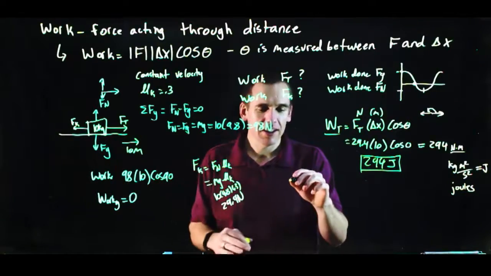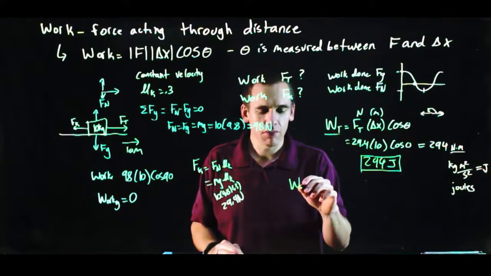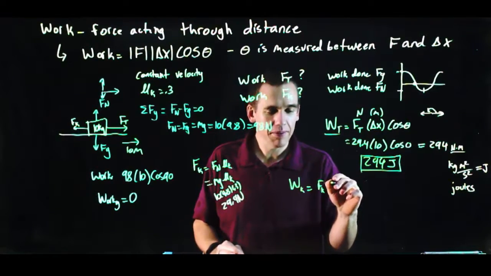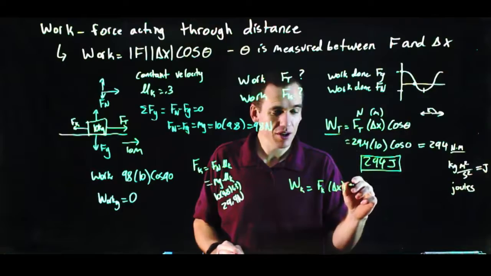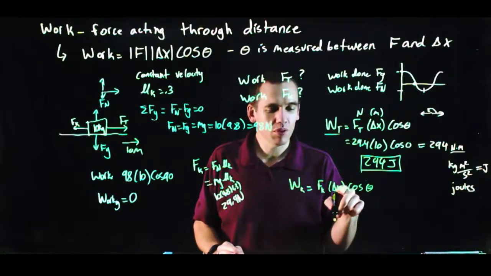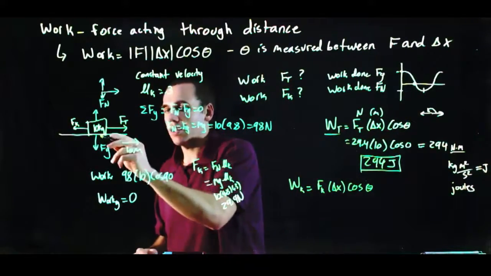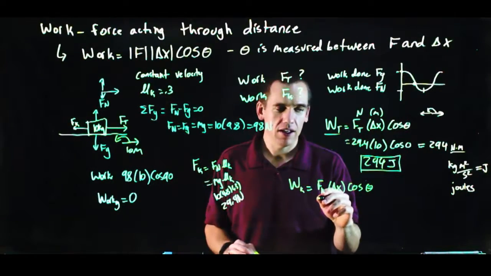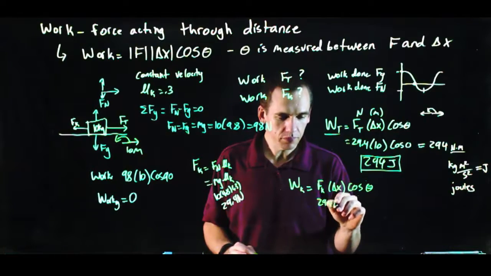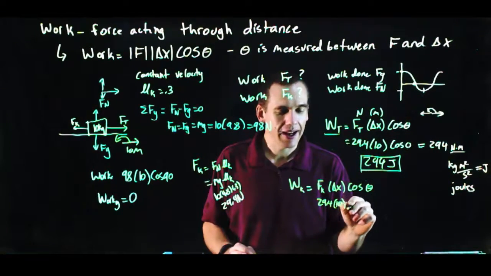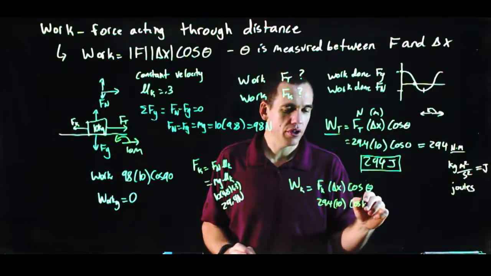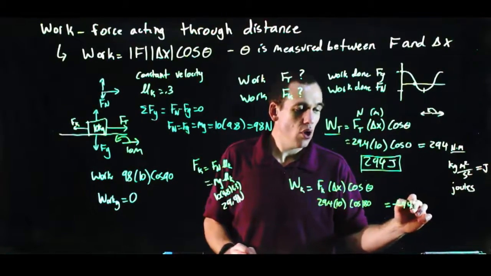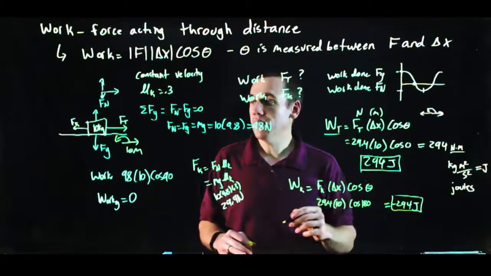However, friction did the exact opposite amount of work. So the work done by the frictional force is equal to the kinetic frictional force times the displacement times the cosine of the angle between them. Well, the angle between the displacement and friction is 180, right? If it's moving 10 meters to the right and friction is to the left, then what I have is the 29.4 newtons times the 10 meters times the cosine of 180. And that is negative 294 joules,